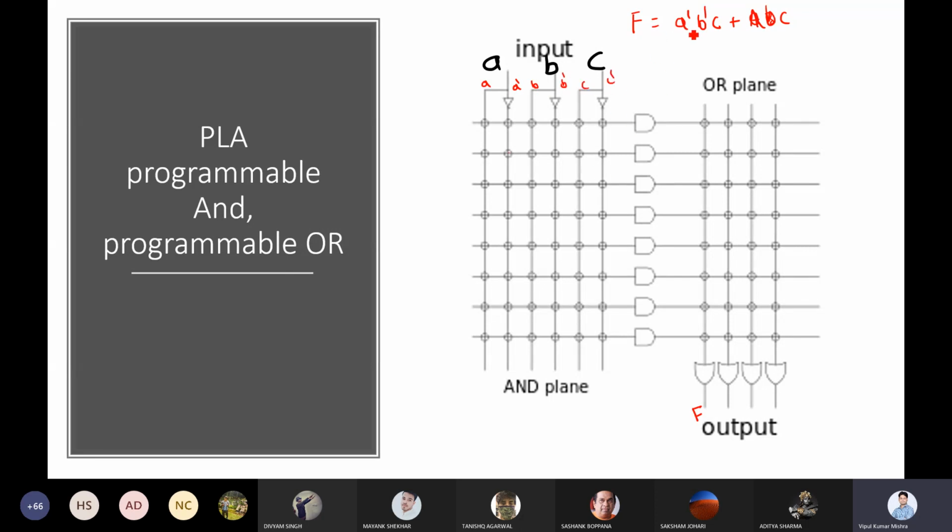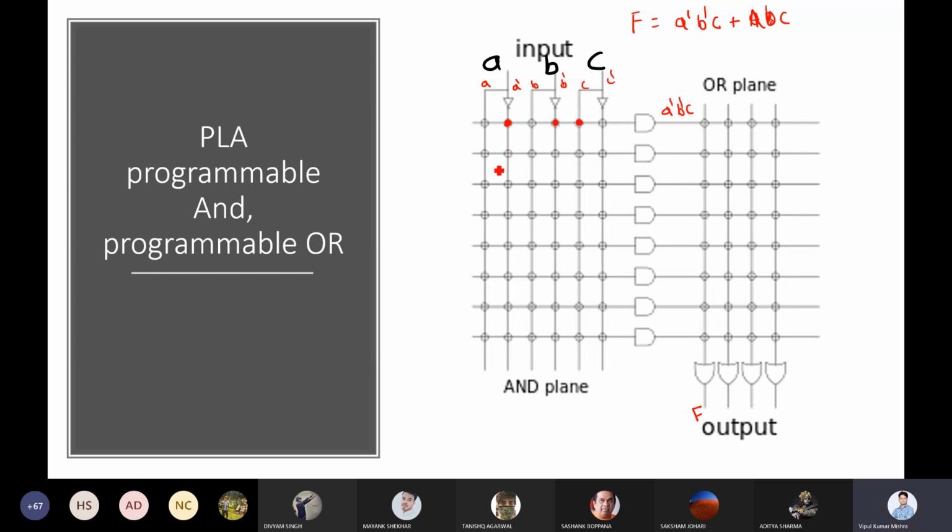So what we will do, we will sort these locations. So it is saying A bar. So we will say, okay, sort this. So you will get the A bar in this line. Then again, you will sort B bar. So you'll sort this as well. And you'll say you want to sort C. So you will sort this. So now this AND gate will produce A bar, B bar, and C.